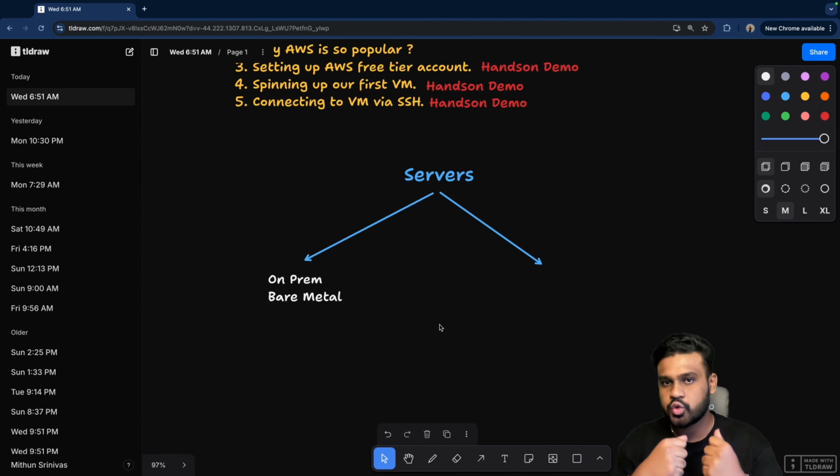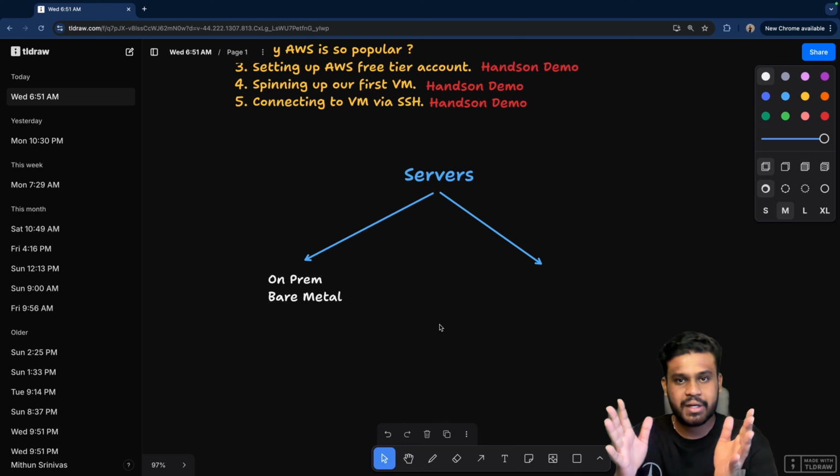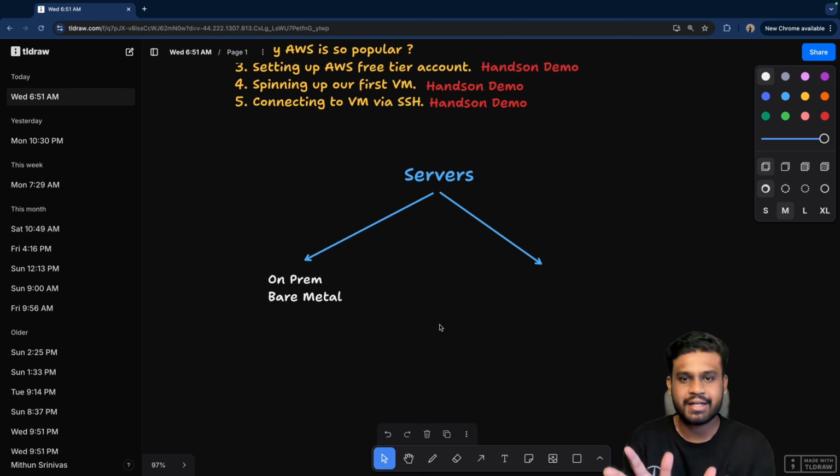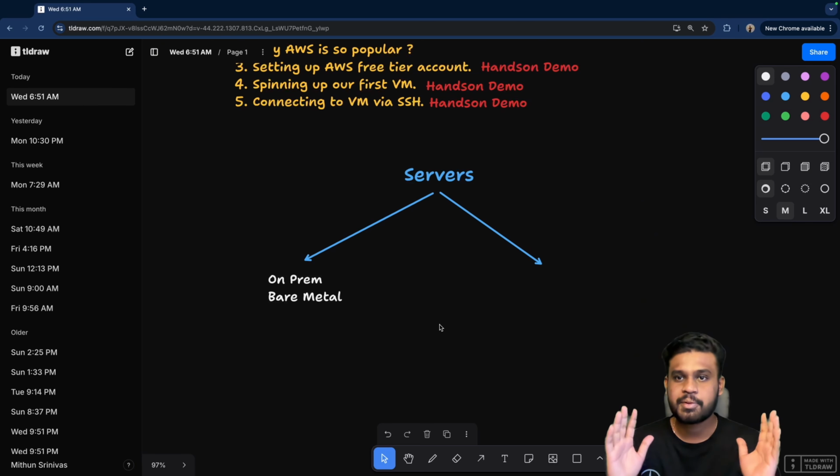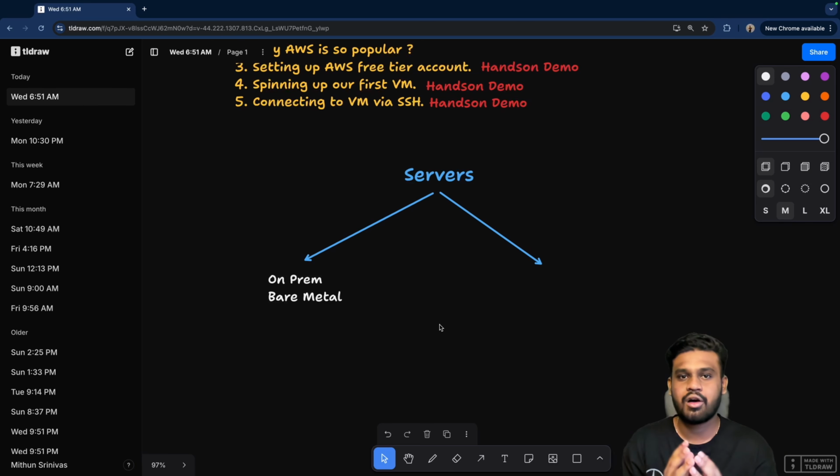Let's say if I want to host a website, I will buy a computer and make it a server, or else I will buy a server, and I will make it accessible over a network. Again, it can be only through my Wi-Fi. If you see some restricted web pages, they are accessible only in that particular area, or when you are connected to that particular network. Or I can make it available for everyone on the internet. So this is what on-prem and bare metal is.